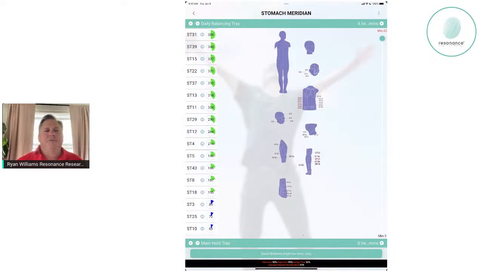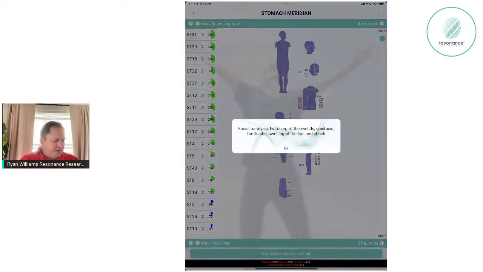So we now know that the stomach meridian has to do with distributing nutrients through the body. But now we want to try to identify which specific acupuncture points within the stomach meridian are out of balance. So here we've got stomach 3, stomach 25, and then stomach 10 as well. There's a little exclamation mark or information button. If you click on that, that'll give you an idea in terms of the symptomology for each and every specific